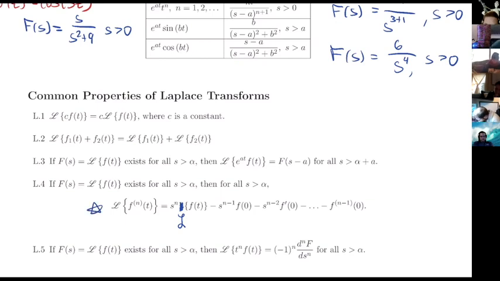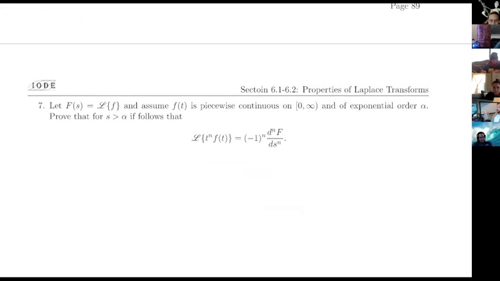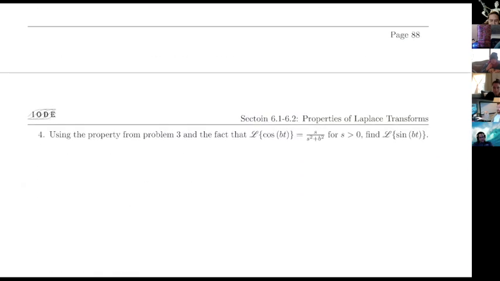So this is a really important property that we're going to need when we're working with differential equations, because we're going to need to know how do I take the Laplace transform of the derivative of something. But any questions before we take a look at that property? So you're saying we're taking a Laplace of a derivative, or we're taking a derivative of a Laplace? Okay, so this property, again, we're on worksheet